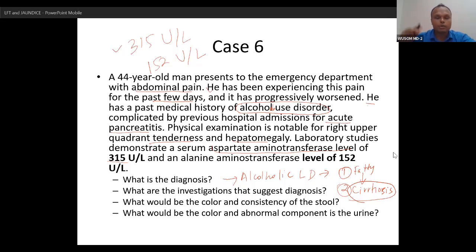Enzymes will not be 10 times elevated. And I have also told you chronic disease has less than 10 times ALT and AST level. But the very important finding is the ratio. If you find the AST by ALT ratio, the De Ritis ratio, comes out to be more than 2, then based on this ratio you can be confident it is because of liver cirrhosis. The liver has progressed to cirrhosis, that is why the enzyme level is low, but the ratio will be more than 2. So this is alcoholic liver disease